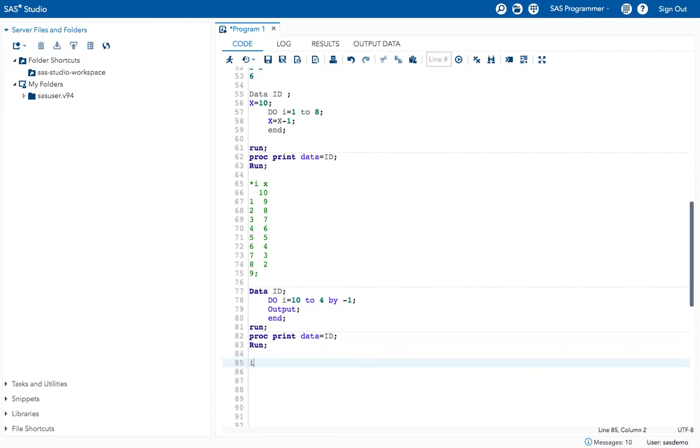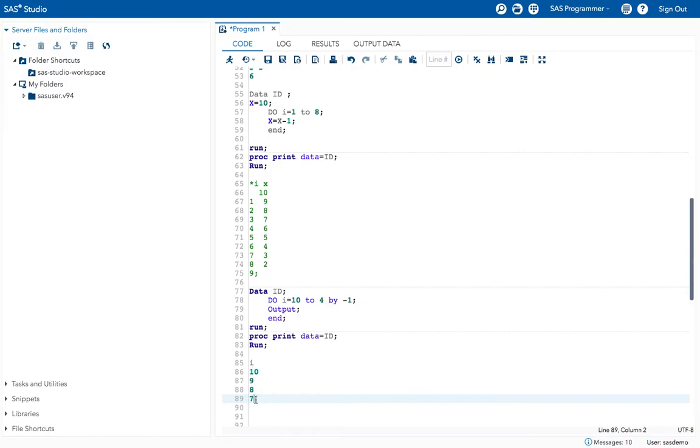i equal to 10 to 4. Okay, so that means every time it decrements by one value. Okay, so the first time the i value is 10 and it will be 9 and 8, 7. So it will do it for 4 times.